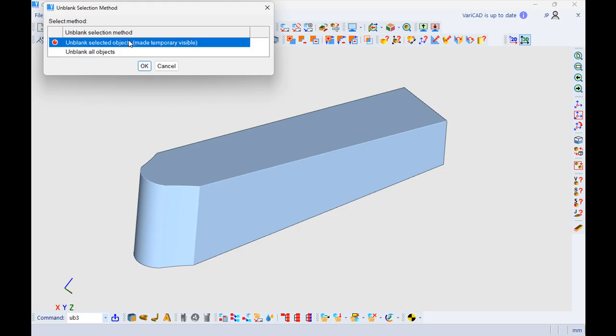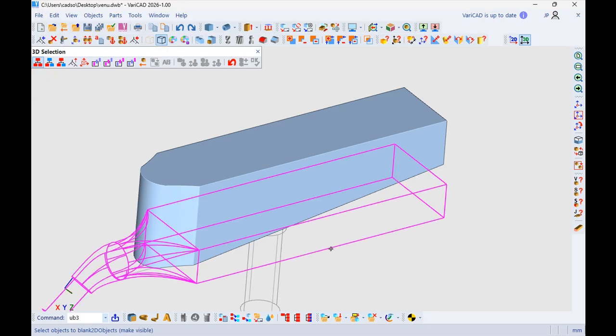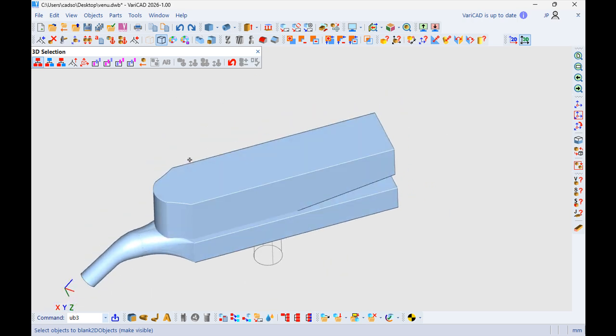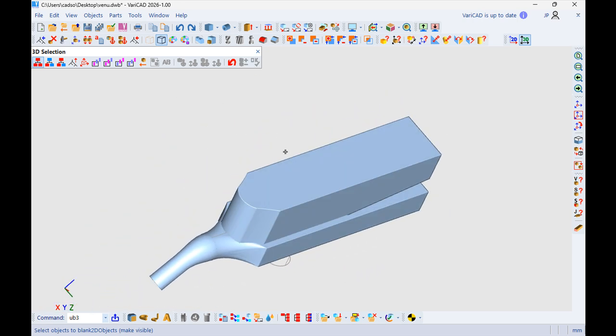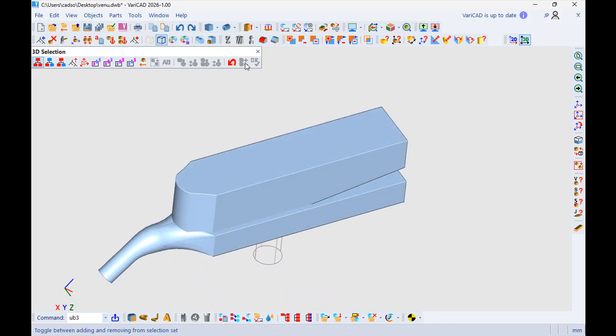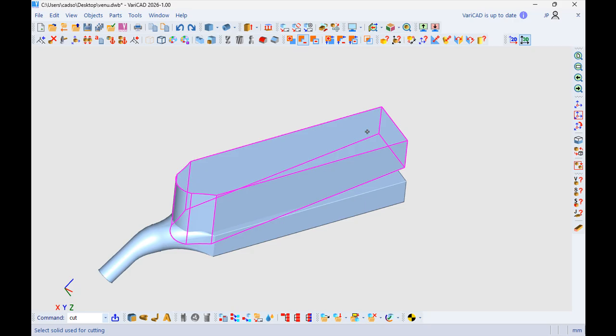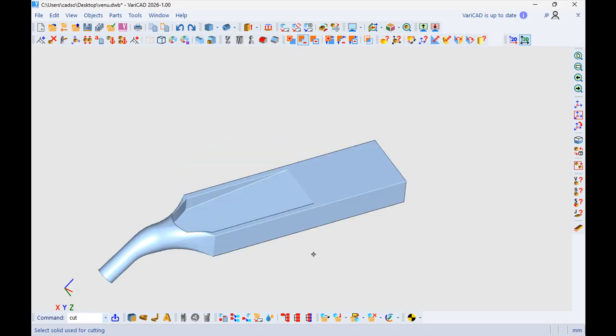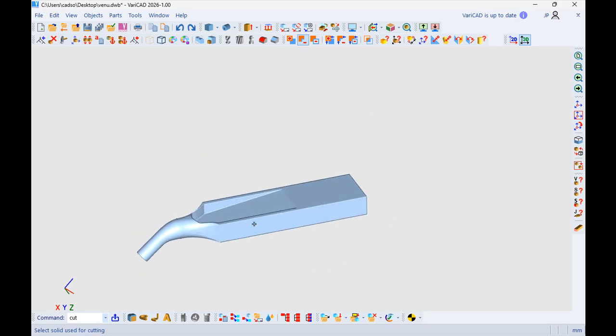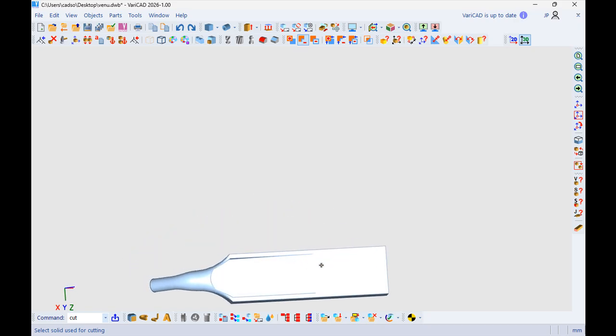The same process. Now I will unblank our solid and try to see if we don't have any mistake. So this is our tool and we want to take this from the solid.